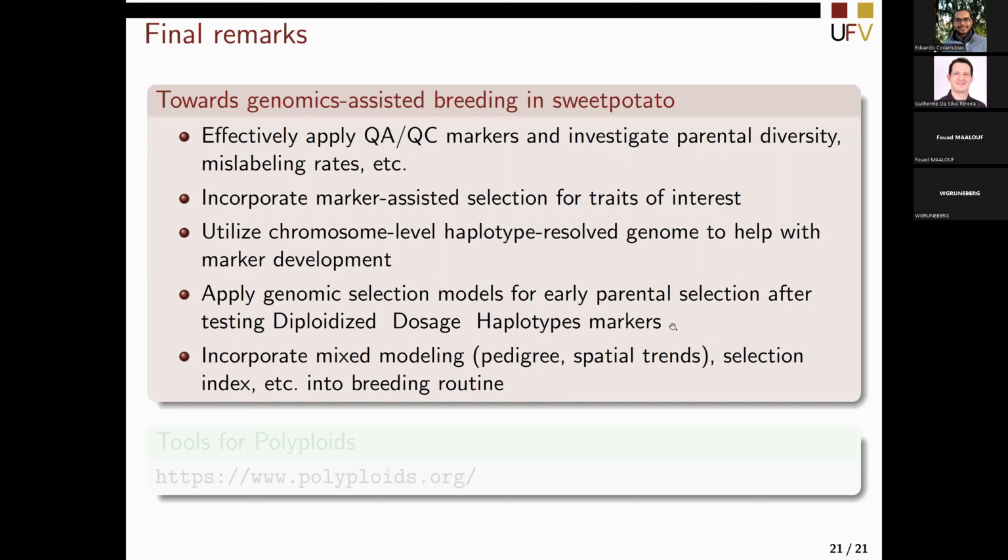We are also about to apply genomic selection models for early parental selection after testing, those models considering diploidized dosage haplotype markers. And we are also helping with the incorporation of mixed modeling, like using pedigree and spatial trends information, selection index into